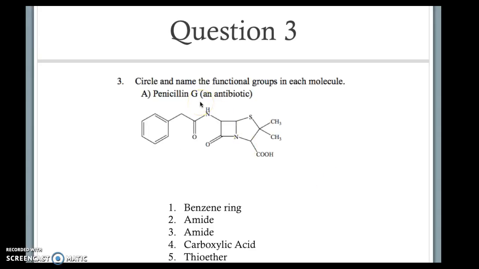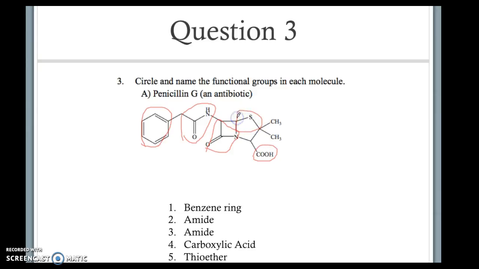We're supposed to circle and name the functional groups in each molecule of penicillin G, which is an antibiotic. I went ahead and labeled them, but I was going to show you which one I meant. So the first functional group, and these are just something that you have to know, is a benzene ring right here. Right here we have an amide, as well as an amide right here. We also have a carboxylic acid right here, and we have a